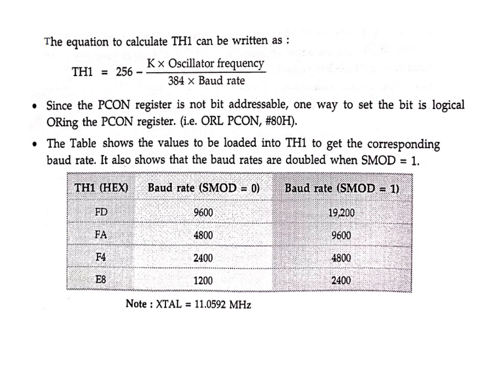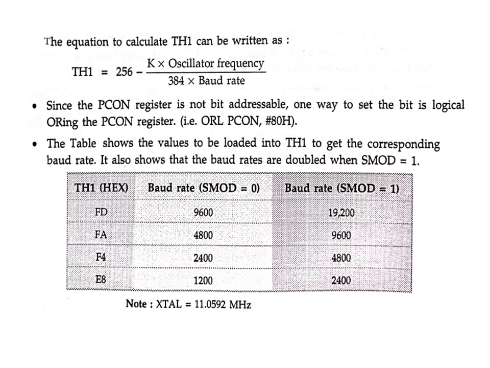And if it is required to get the value of 9600, it also can be achieved by loading SMOD value with 1 and TH1 value with FA as shown in the table. Also, if you load TH1 register with value F4 hexa, the baud rate achieved is 2400 if you load SMOD register with value 0, and we can double this value to 4800 simply by changing SMOD bit value with 1.